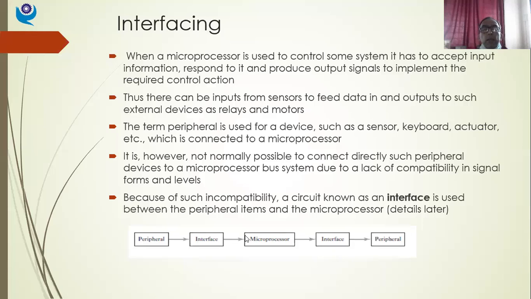The microprocessor will receive the appropriate compatible digital signal, and then it will once again generate a digital signal only. Now, let us say this digital signal has to run a DC motor, a permanent magnet DC motor, which is maybe opening or closing the door of the furnace, or the gripper is opening or closing.